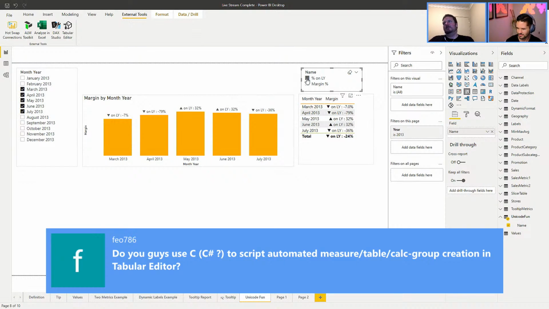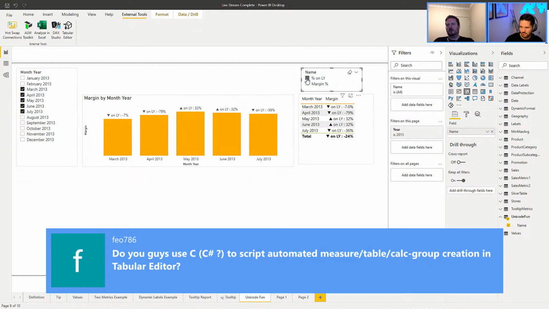Look, I'm aware of it and I've dabbled in it, but I haven't explored it fully with calculation groups. I've used some scripts to create and replace things in measures and stuff like that. But it's probably something I want to look at more. How you can generate predefined calculation groups for any model, because you use selected measure in lots